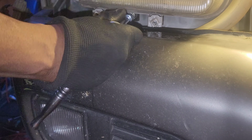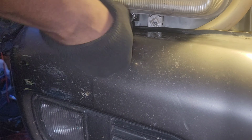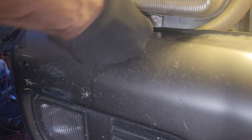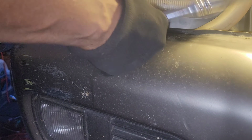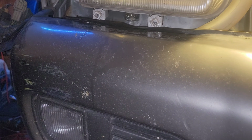And again, the trick to getting these old fasteners off like this is to take your time. If it feels funky, just run it back on. You don't want to break this. So far it's feeling good. Although it's feeling kind of tight right there, so I'm going to run it back on a little. And that's okay. And we'll even put a little bit more WD-40 on that. Again, you have to go slow to go fast. While we're waiting on that,